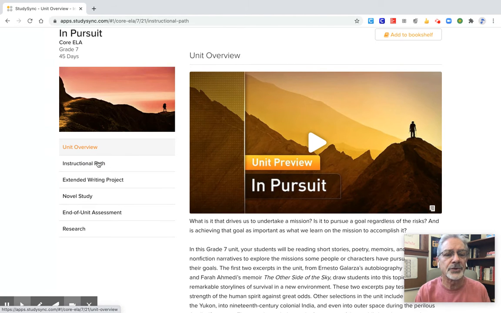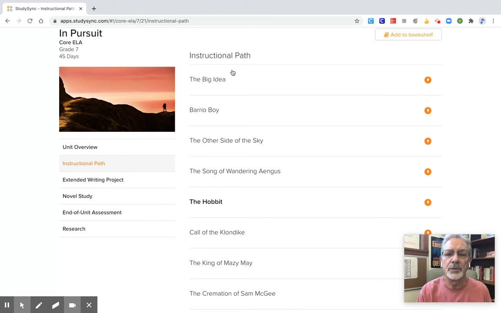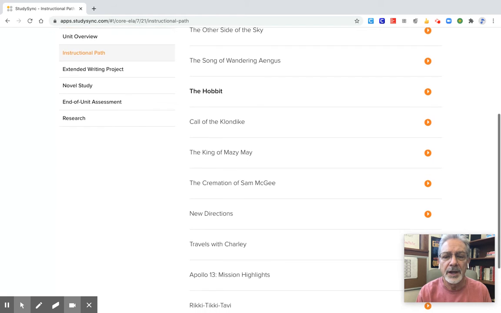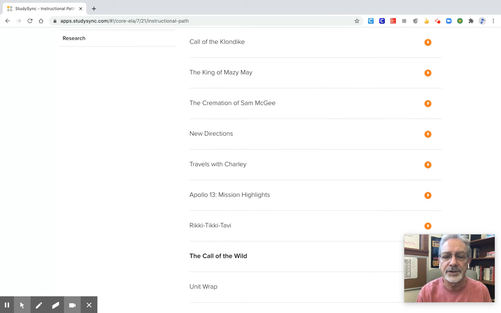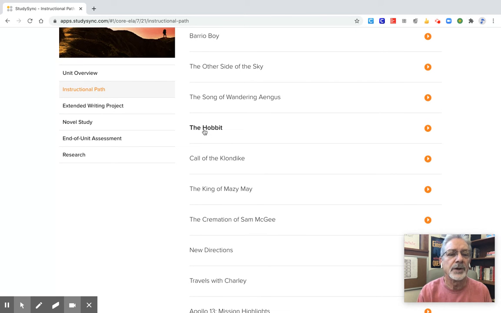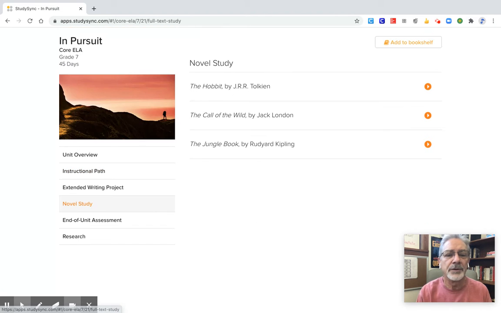In the instructional unit, where the things that we're going to be studying in this class, we start with the big idea for the unit, and then there's Body of Boy, Other Side of the Sky, the story of the Wandering Angus, The Hobbit, Call of the Klondike, King of Maisie May, and on and on and on. These are all things to read. You will also see things sometimes highlighted like Call of the Wild or The Hobbit, because they also are found under the novel study. See, there's The Hobbit, there's Call of the Wild, and there's also another one, The Jungle